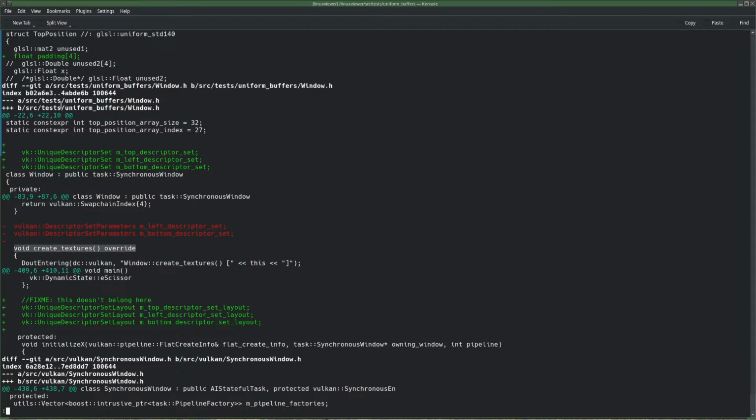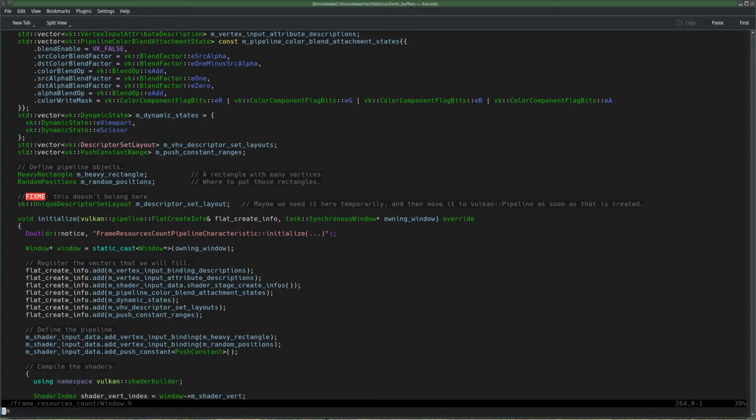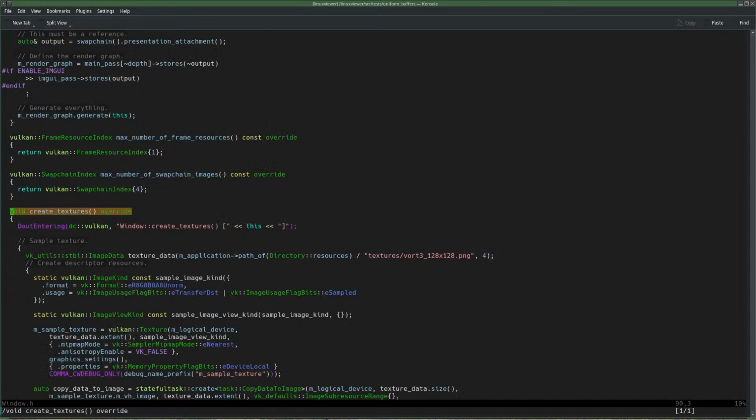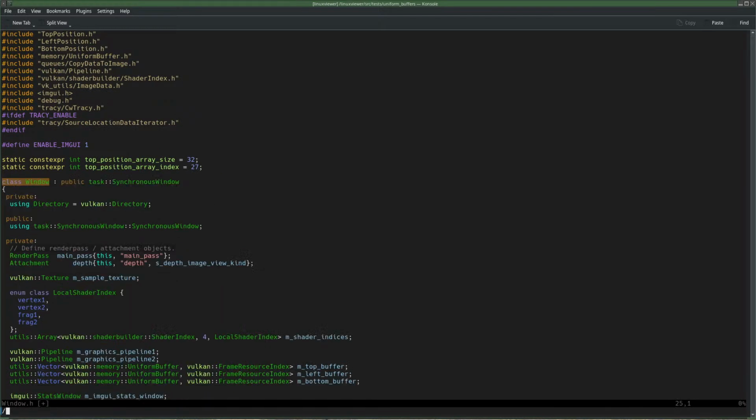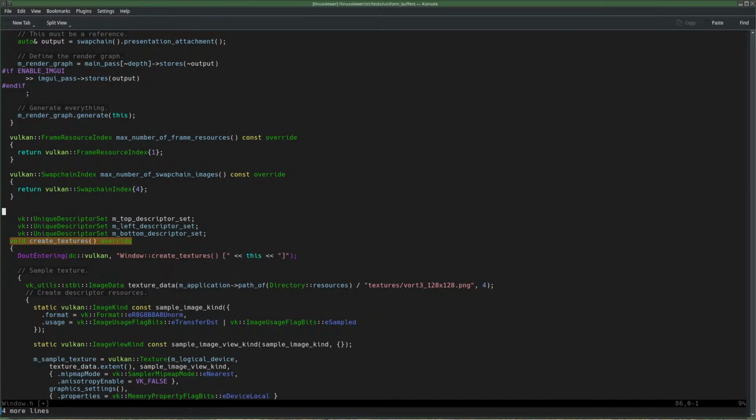Create textures in uniform buffers window.h. So we go here again. Next, search for that string. That's where I wanted to be. Class window. So we copy this and then paste it here.